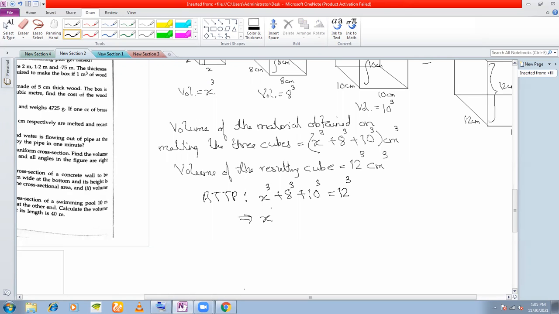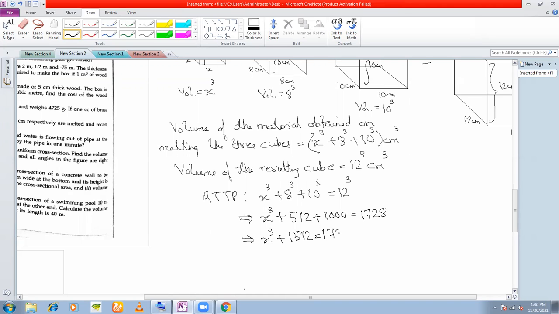How do we solve? 8 cube is 64 into 8, 512. 10 cube is 1000. And 12 cube is 1728. So now this is x cube plus 1512